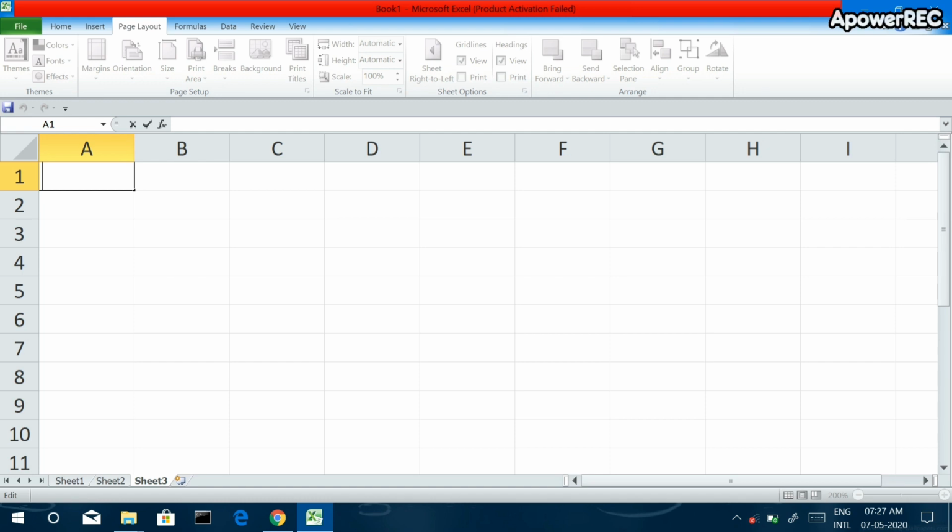First thing I want to do is to put a little title in my cell A1, that is Employee Data. You notice that my text is bigger than my cell. It goes far to the right of my cell. Don't worry about that. It seems like my title is placed from cell A1 to B1, but that's not true. Both of these are stored in A1. If I click on cell B1, I can enter some other data also. And still Employee Data is present in cell A1. So no need to worry.